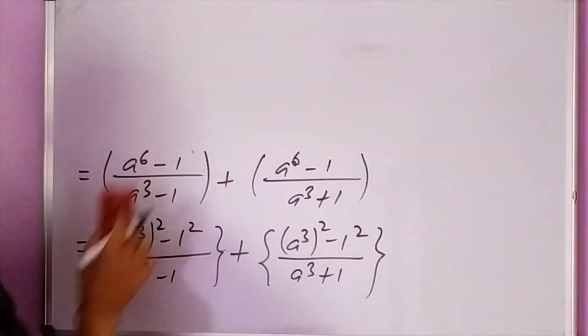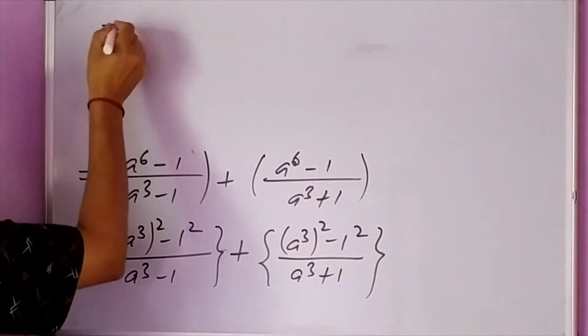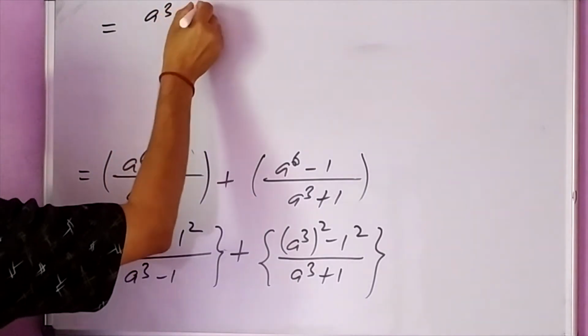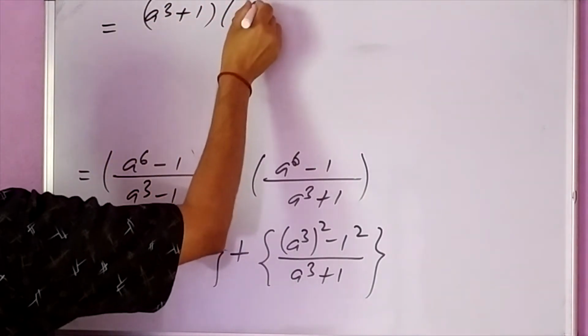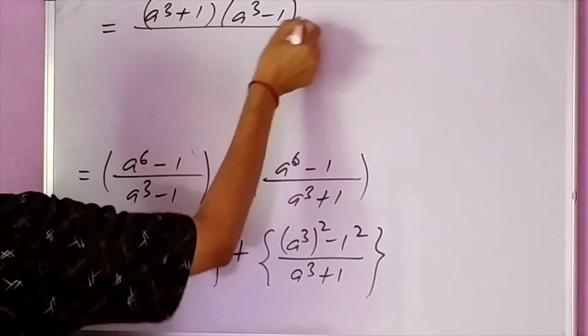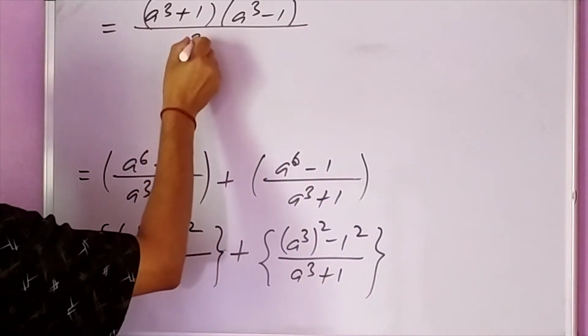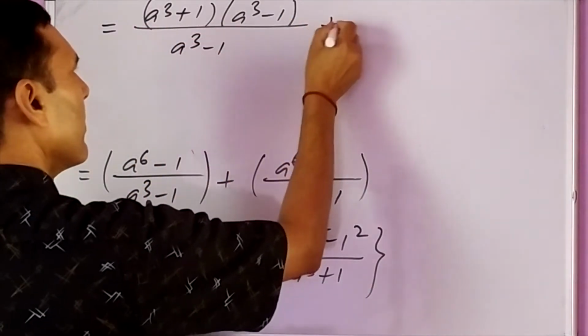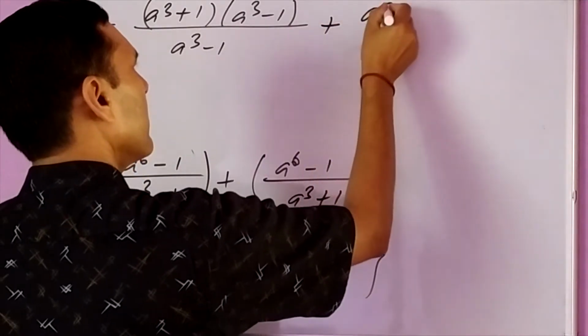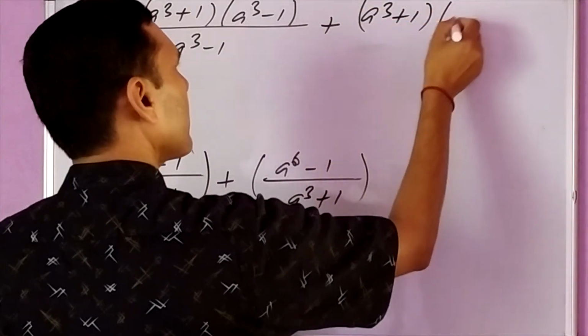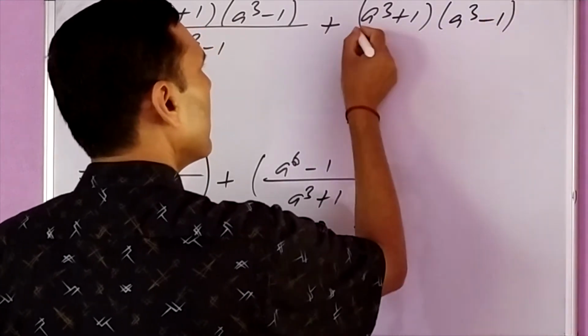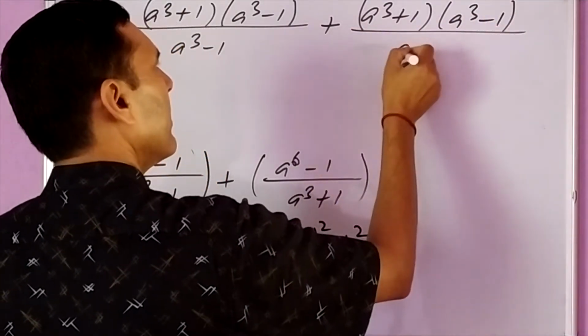So we use the formula a plus b times a minus b, that is a cube plus 1, a cube minus 1 upon a cube minus 1 plus, here also a cube plus 1, a cube minus 1 upon the denominator a cube